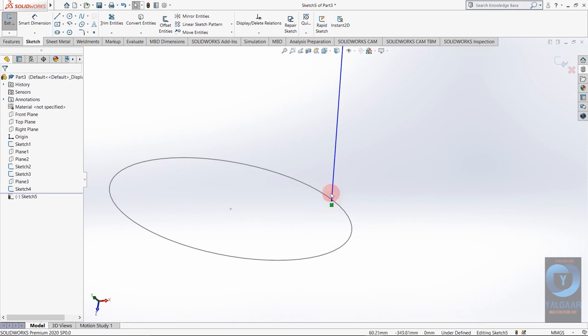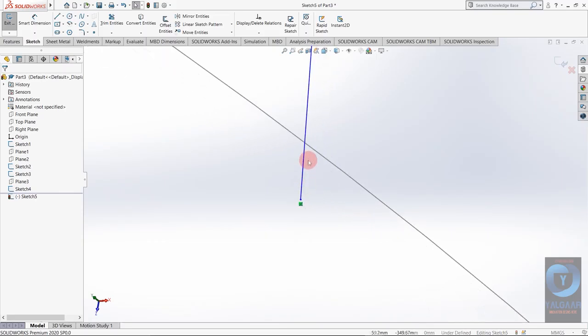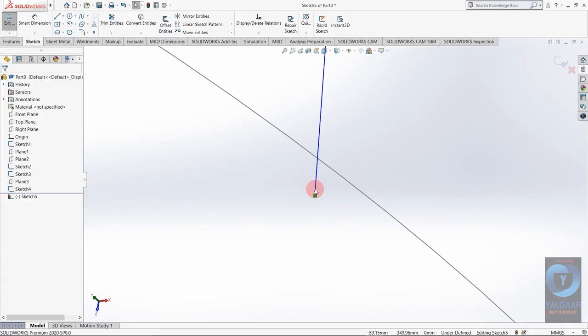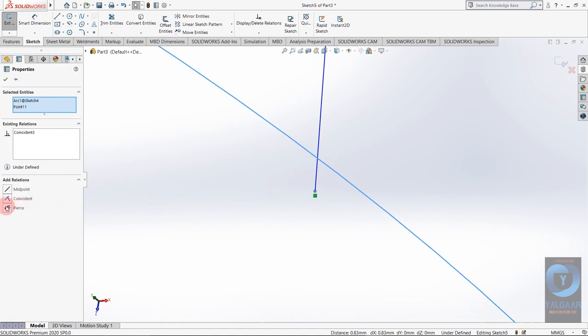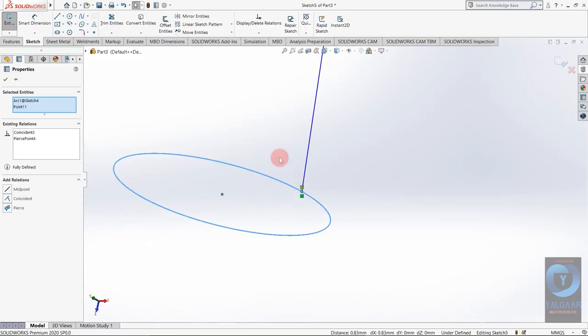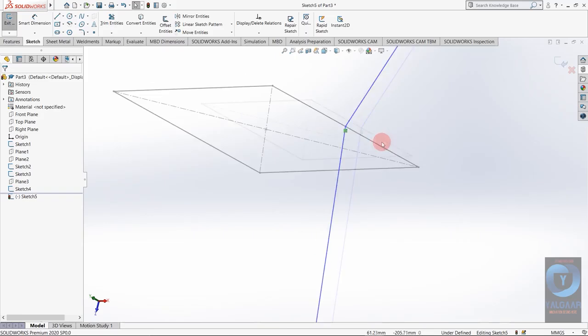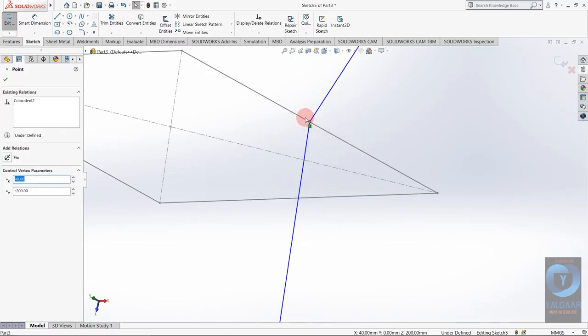So I'm going to just give command pierce, because as you zoom in, you can see there is a difference between both lines. Just press Ctrl and select both the profiles and select pierce. So now as you can see, the point is coincident with the circle. Same with this point and square.